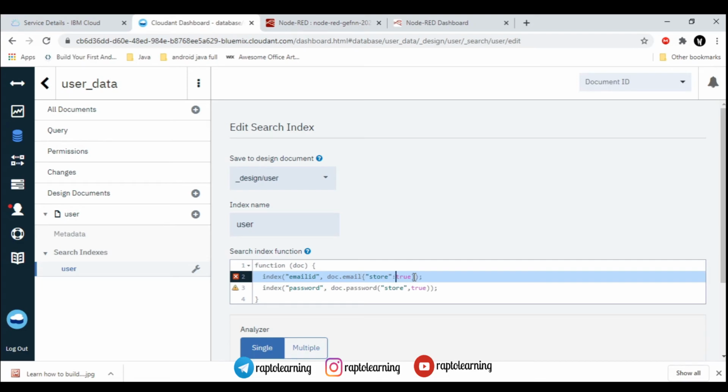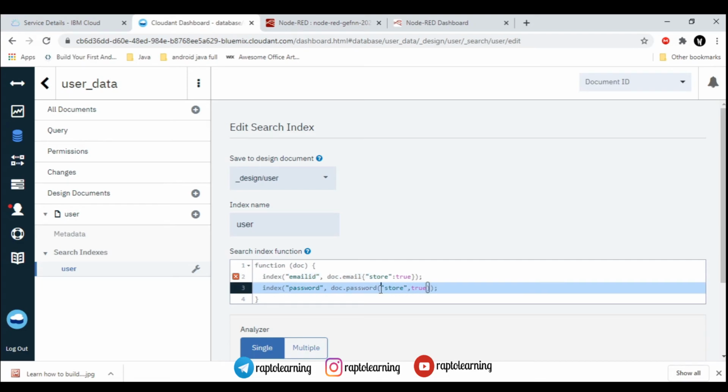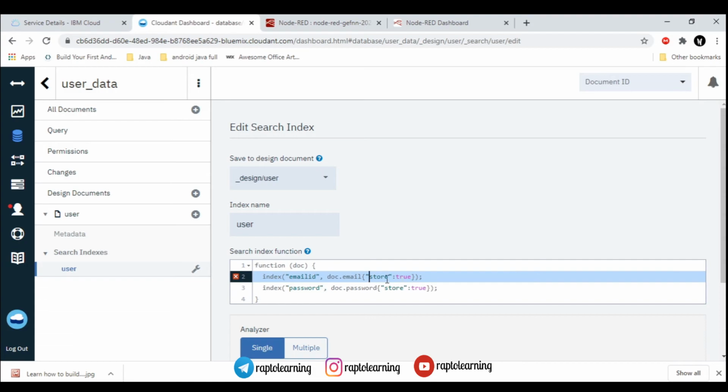Here we have to mention curly brackets, that is store or true should be in curly brackets. So please make sure that you don't make silly mistakes like this, you will have many more consequences for that. So this is the correct code you need to type in your cloudant end, right? Please take a note of that, the previous one was wrong.